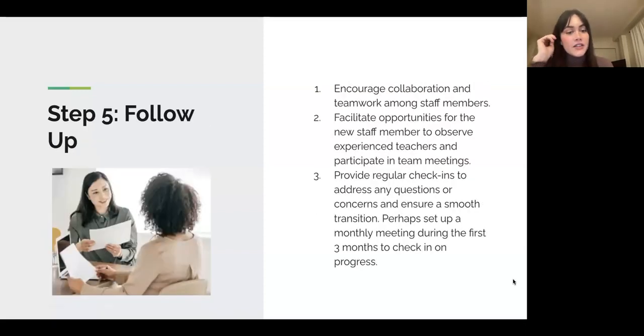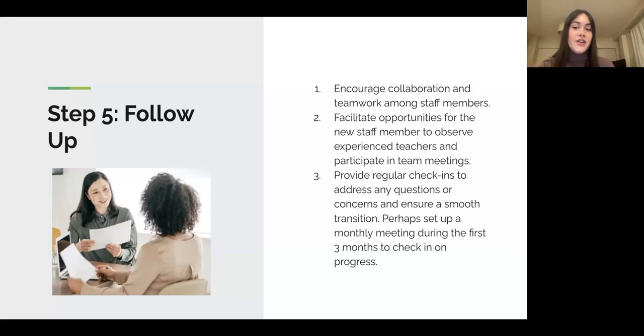And finally is the follow-up. And I think this is the part that people usually forget to do, because we think, oh, we've done everything. They're getting used to the school, but it's important to check in and follow up to see how this new hire is actually doing. And this is where it really helps prevent any further turnover. So what we want to avoid is having people who don't have enough support, are really intimidated, are a little bit confused. They might have had experience with early childhood, but they don't feel supported in your environment.